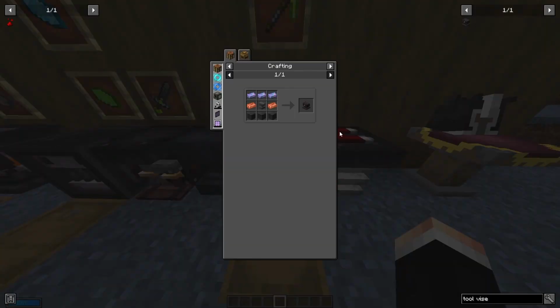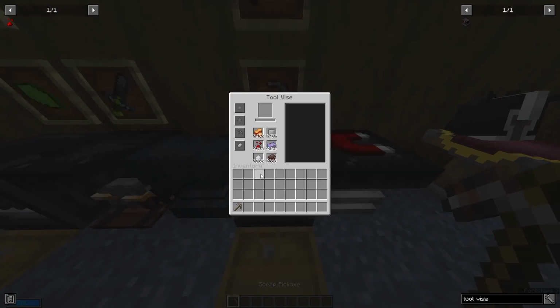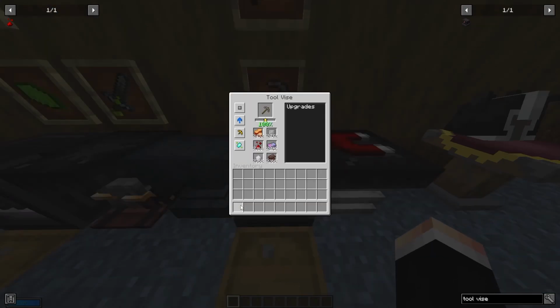In order to upgrade a vault pickaxe, you will need a tool vise. A tool vise is crafted with 3 chromatic steel ingots, 2 copper, an anvil, and 3 polished vault stone. Now, when you put your pickaxe into the tool vise, you're going to be able to upgrade it in 4